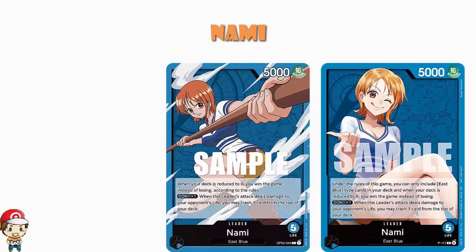Because whereas the old version of Nami said, when your deck is reduced to 0, you win the game instead of losing, according to the rules, the new Nami, which has better artwork, I think, says, under the rules of the game, you can only include East Blue type cards in your deck, and when your deck is reduced to 0, you win the game instead of losing. So it's basically the same card. Still East Blue, still Mono Blue, 5,000 power, 5 life, same Don X1 skill, same win the game when you get to 0, same everything. There's just one teensy tiny little difference, and that is the fact that you can only play East Blue cards in your deck. Which, for the record,